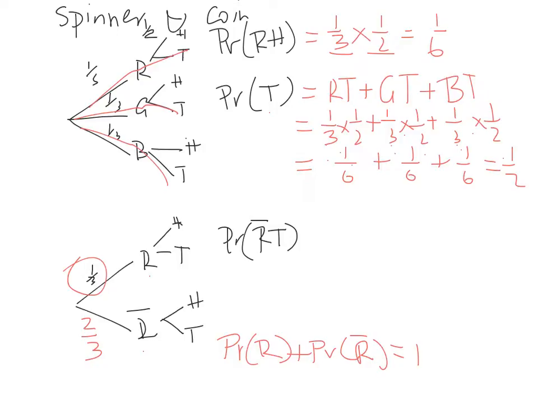So now from there, we're looking at not red and tails. So we're looking at not red and then tails. So it ends up being not red, which is 2 over 3, times tails, which is 1 over 2, and we end up with 1 over 3. So that's 2 different ways we can use tree diagrams to calculate probabilities. Remember, an and, red and heads, is multiplication. If it's or, so to make tails, we can have red and tails, or green and tails,